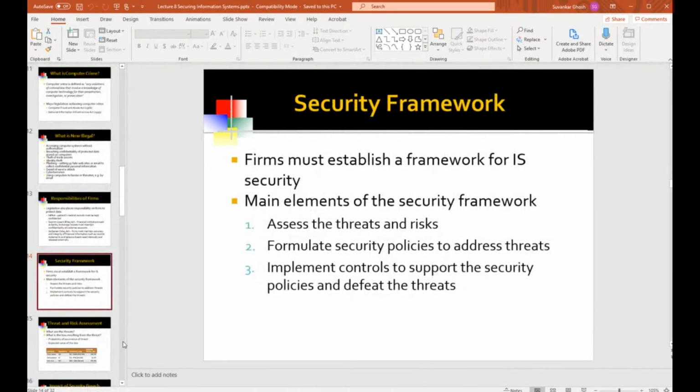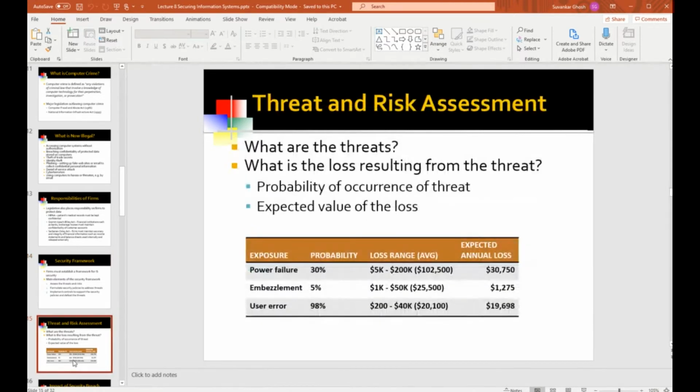So coming back to the security framework, what we're talking about here is the first stage of kind of thinking through what your threats are. And also, as part of that first stage, you also have to do a value assessment of that threat, meaning if that threat actually happened, what would be the damage and put a monetary value on that.